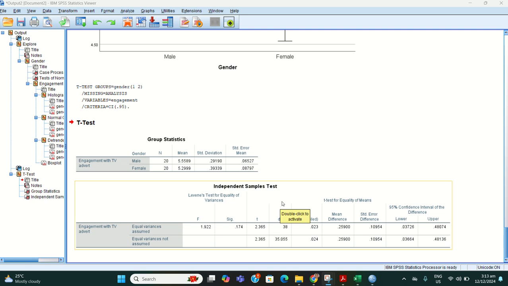So here, there was a statistically significant difference in mean engagement score between males and females, wherein males scored higher than females.